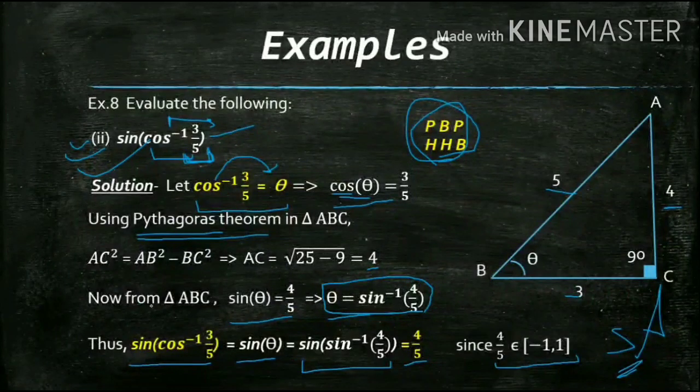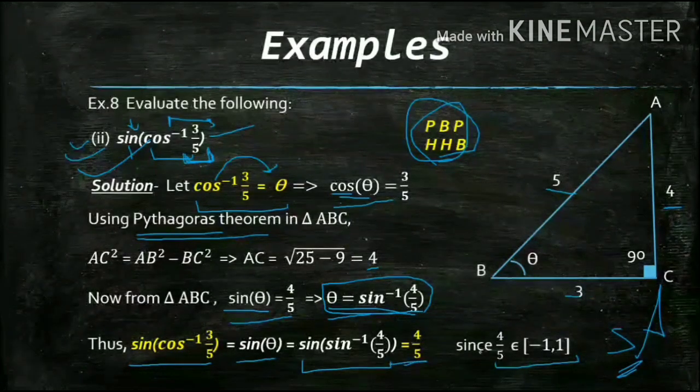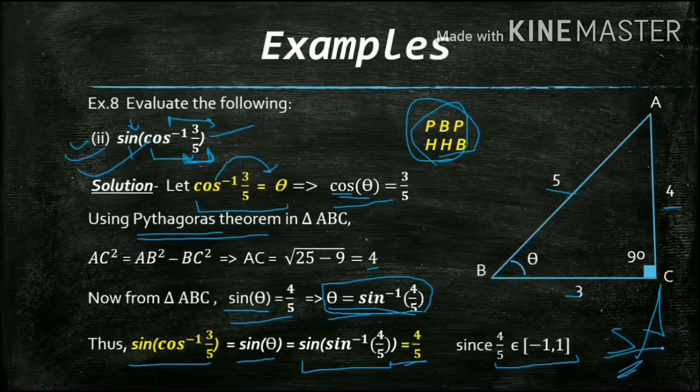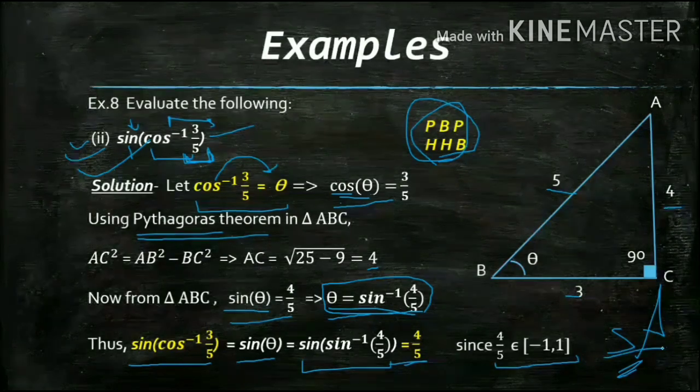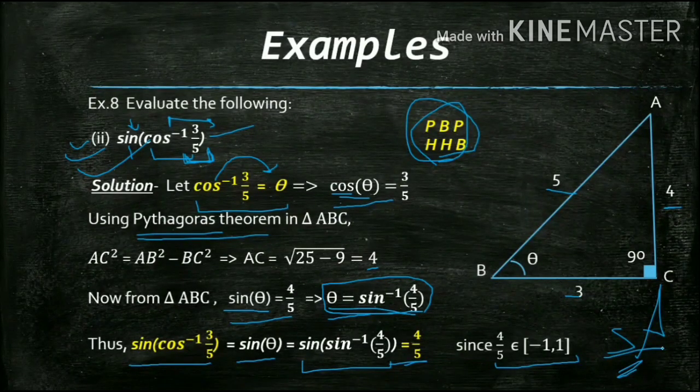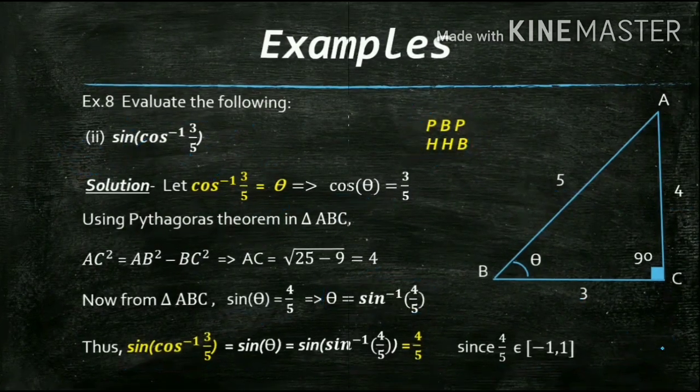Then after that, you need to compute the angle for which you need to apply the self-adjusting property. So it was sine over here, so I find sine of theta. If it was cos, I need to find cos of theta, and so on. And then find the value of theta, then put the value of theta, and you will get the answer by using the self-adjusting property. Okay? So I hope this is clear. This method is somewhat new to you, but with the help of more practice, you can easily able to get this. Okay? So let's see one more example.